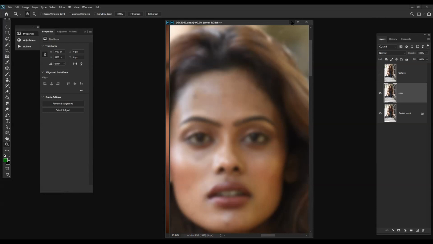Now what is the basic work of frequency separation? Many people think frequency separation is for skin softening. No, frequency separation is for merging of colors, maintaining the texture, not spreading out the texture. Let me give you an example. Let me take one image.